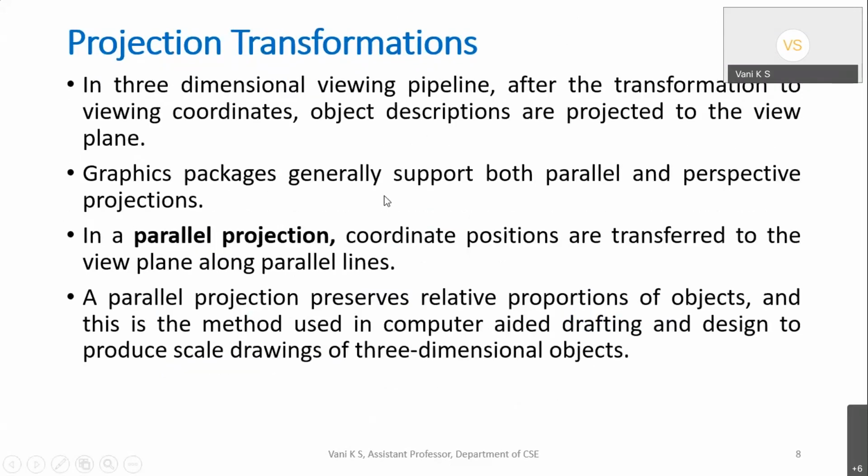Okay, and I hope you understood what you mean by projections. I cannot place 3D objects onto a 2D screen with 2D output devices. That is why we require projection. Now, what do you mean by parallel projection? There are two types of projections, parallel and perspective. In parallel projection, the object coordinates will be transformed to the view plane. The view plane is nothing but a 2D device, as I told. They will be transformed to the view plane by parallel lines. That is, by drawing parallel lines, I transform the 3D object onto the 2D screen or the 2D view plane. So what is an example of that?